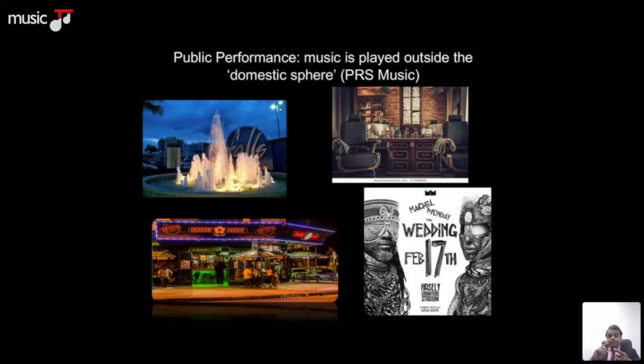So if it is music in the mall, it is a public performance. If it is music in your barber shop, if it is music in the bar, if you're by Smokey and Bunty's and you're hearing music, that is a public performance. It doesn't even have to be that the person is there singing or a musician playing. That's not the definition of a public performance. Once the music is playing, from a record, from a CD, from even any of the platforms,